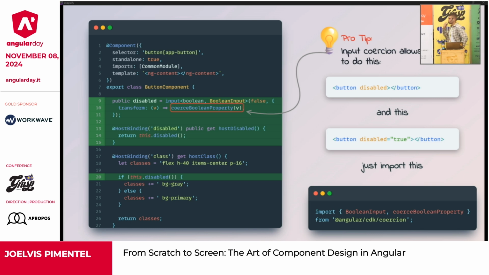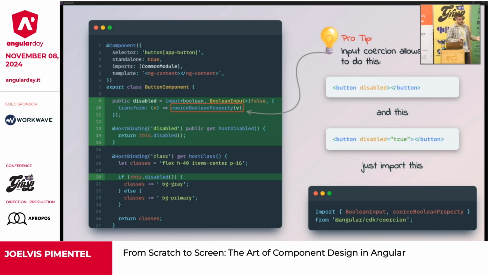So we are not going to need to specify true or false when we need to set the disabled state of the button. Just slap disabled into the tag and it's going to work. This coerce property is also available for numbers and string arrays. So check it out. It's really cool.